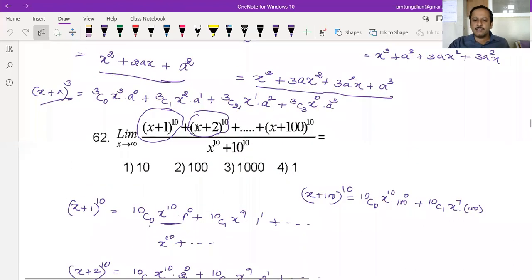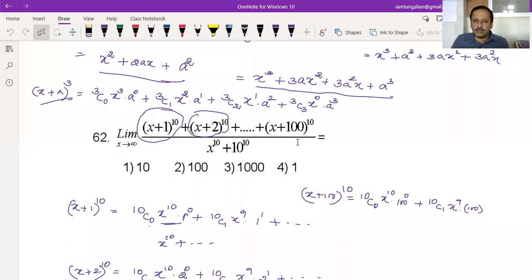So when you expand each of those, there are 100 expansions here, and each expansion contains 11 terms. x plus 1, x plus 2, x plus 3 up to x plus 100. So there are 100 terms there. When you expand them, x plus 1 whole power 10, its expansion will contain 11 terms. x plus 2 whole power 10, its expansion will also contain 11 terms, and so on. So x plus 100 whole power 10,